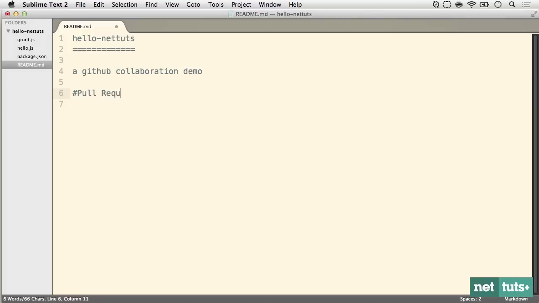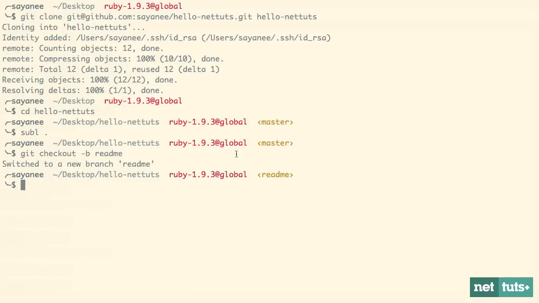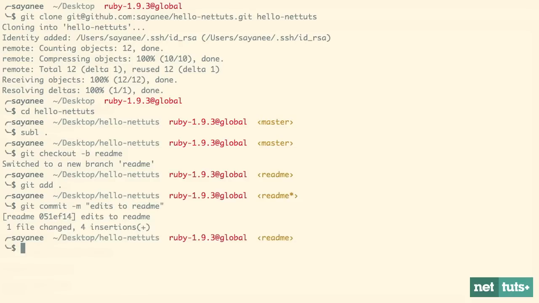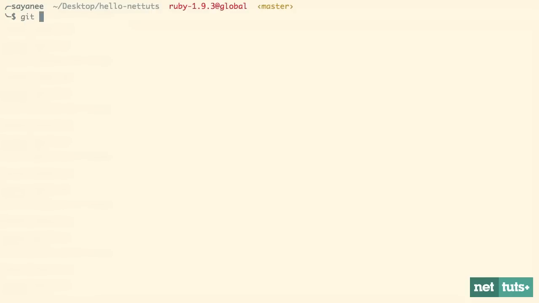So I'm just gonna say pull requests, they are awesome. Save it. Come back to my command line and add it. Git commit with a message, edits to readme. Great. Now I can just git checkout to the master, and this time when I push to GitHub, I will